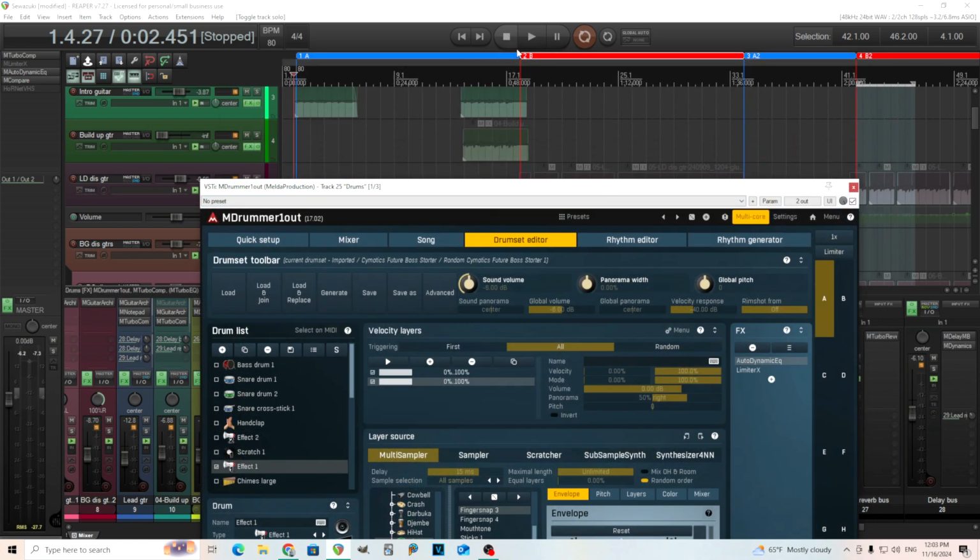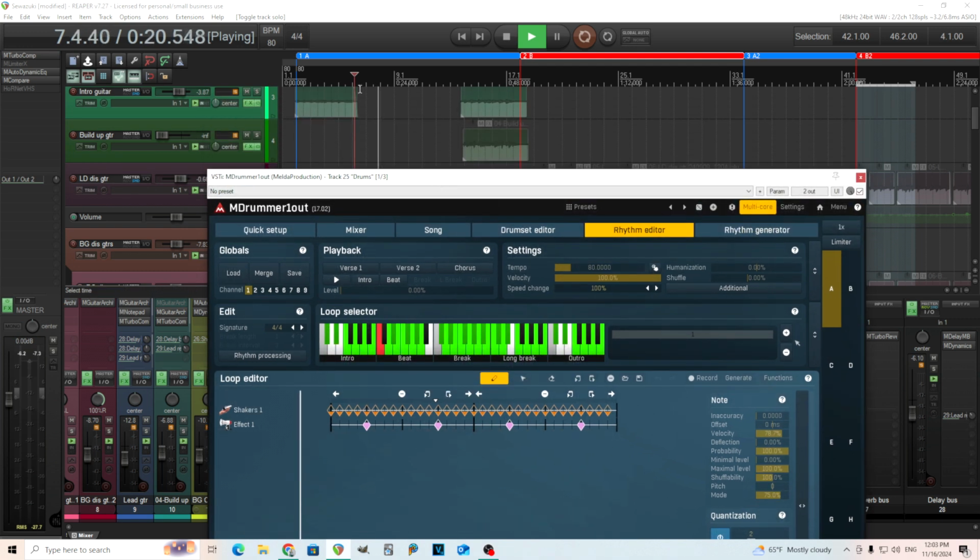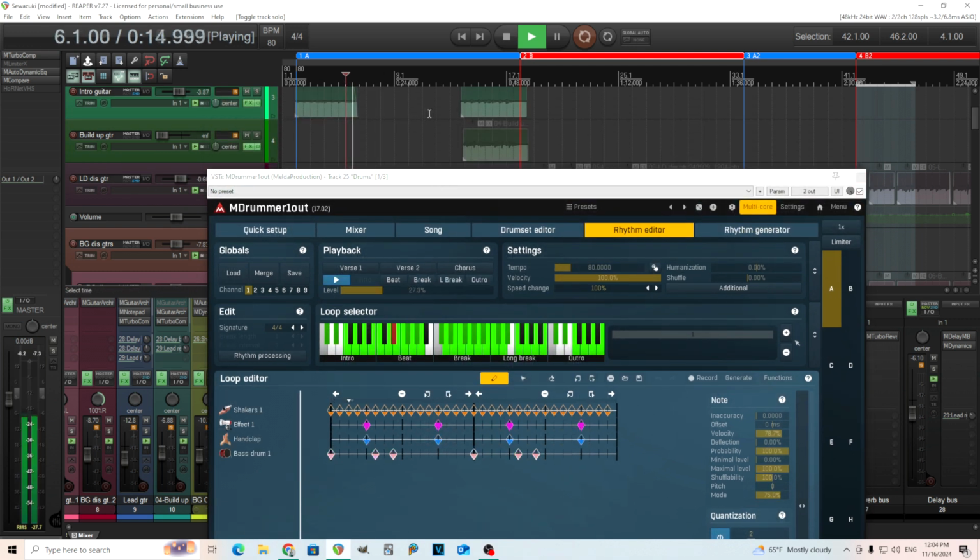As it gets into the next section, maybe I missed it. Go back. So this is the next section. This is basically the same thing. I think I did the same trick with the hand claps. I'm still using the shakers, and then as I move forward,